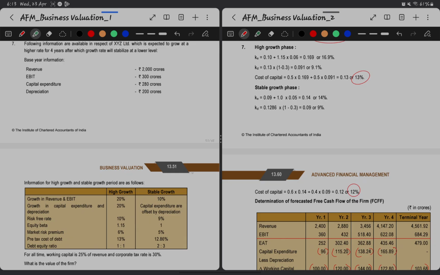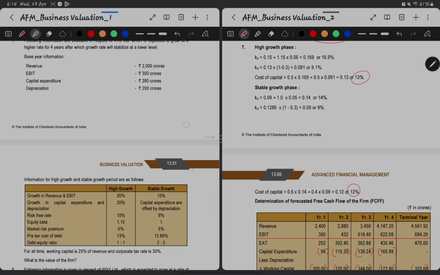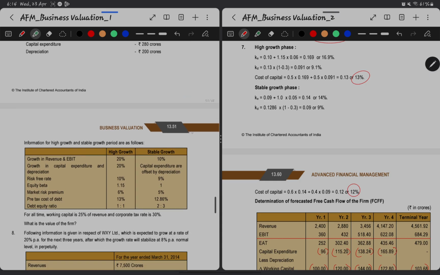Practical question 7. The following information is available in respect of XYZ Limited, which is expected to grow at a higher rate for 4 years, after which the growth rate will stabilize at a lower rate. So they have given revenue, EBIT, capital expenditure, depreciation, and information relating to that. We have the growth in revenue and EBIT, then growth in capital expenditure and depreciation, and risk-free rate, beta, and